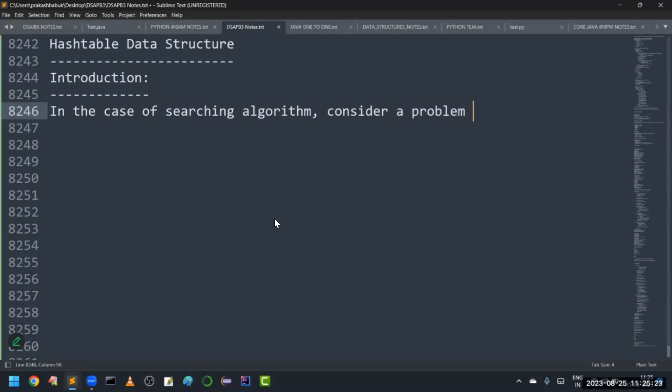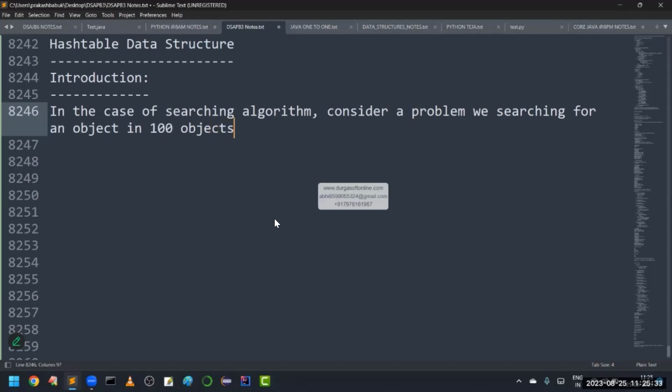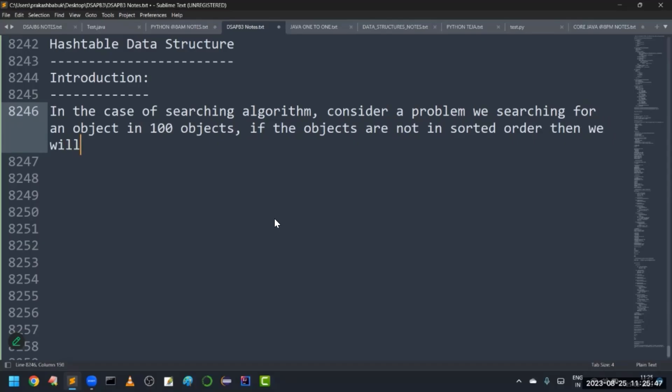Consider a problem where we are searching for an object in 100 objects. Here, how are you going to do it? If the objects are not in sorted order, then we will search for the object